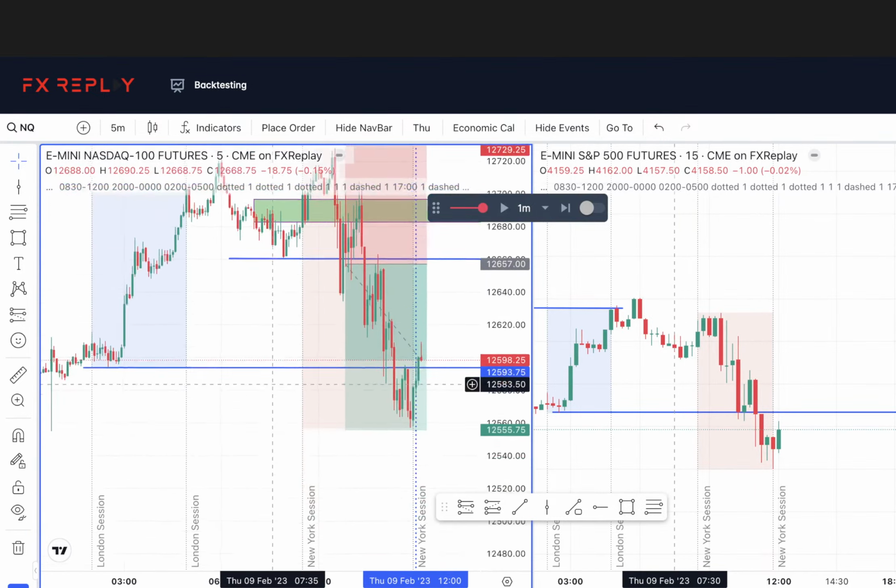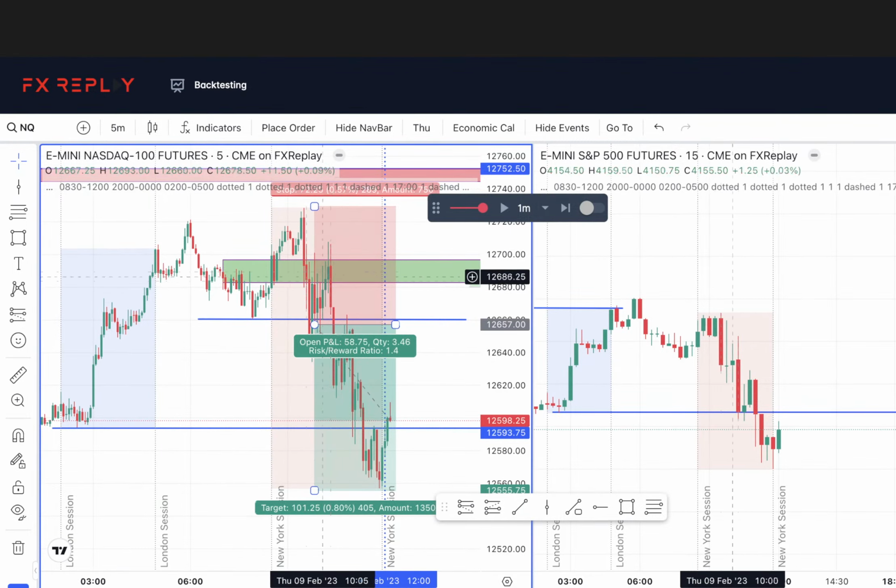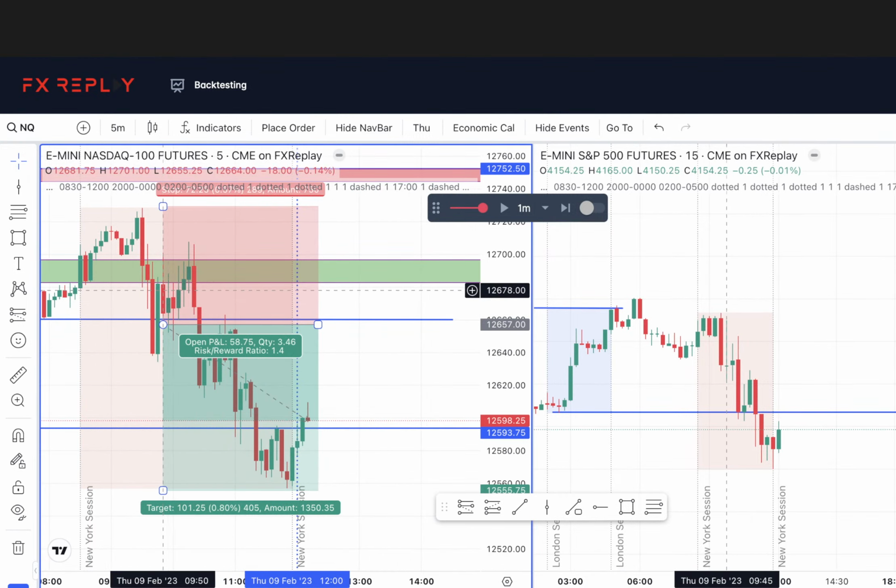Because it definitely did. We were right in our conviction. We got this inverted fair value gap on the 15-minute too, or the 15-minute one got inverted. Strong displacement. So it's one of those things you just got to either not take it because it's a 1 to 1.4, or you just take it. That is where we're at. Okay, next day,